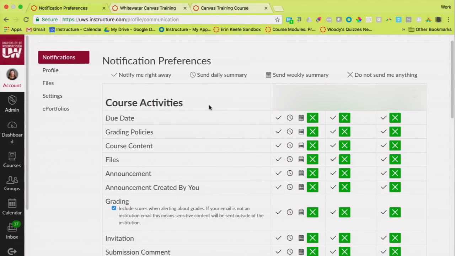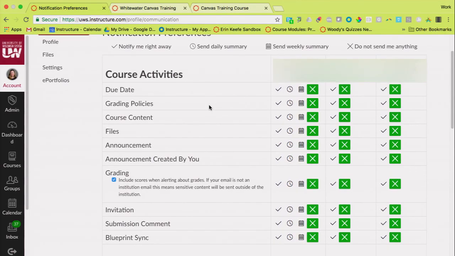But I do need to tell you that these are all of the things that, as they happen in Canvas, a user can get notified about. What you're seeing on your screen right now is different than mine. I have disabled most of my notifications. I can tell that because the X is highlighted in green, which means I've turned those off. I don't get notifications if those things happen inside of Canvas.